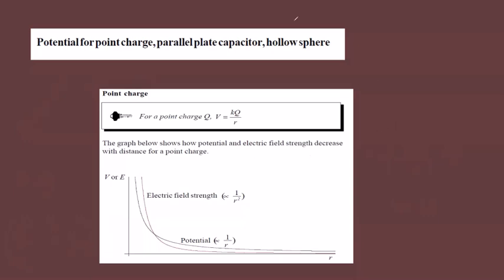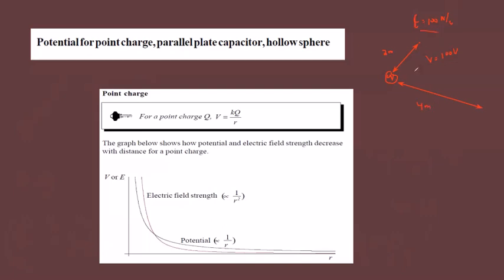So if I say you have a charge, and at a certain point, say at a distance of 2 meters, the electric field strength was 100 Newton per Coulomb or volts per meter, and the voltage, for example, was also 100. But if I double the distance, if we move to another point which is 4 meters away from the charge,